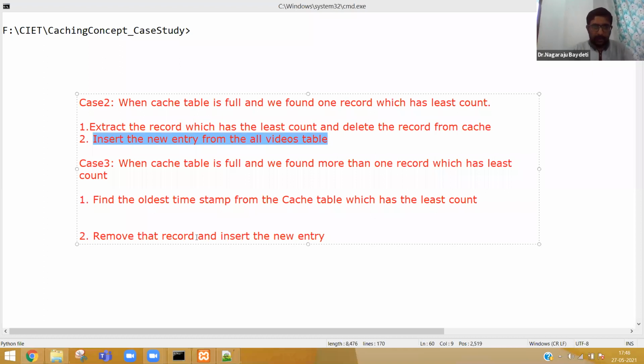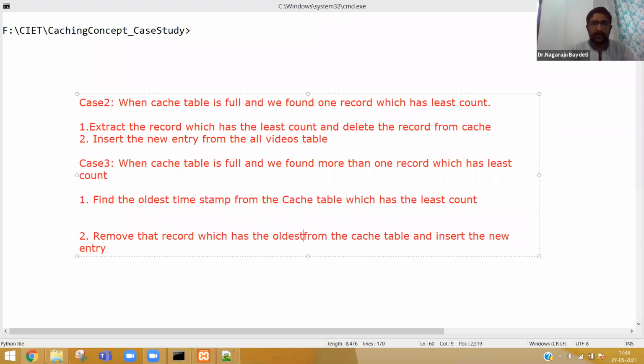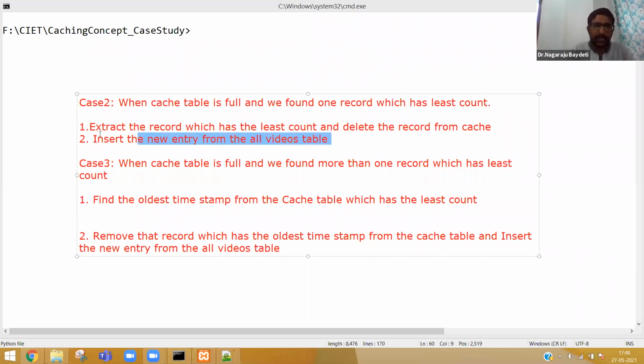When you find the oldest timestamp, remove that record which has the oldest timestamp from the cache table and then insert the new entry. How to get the oldest timestamp? That is the challenge now. Case 2 is very simple. Case 3 has a small trick here.